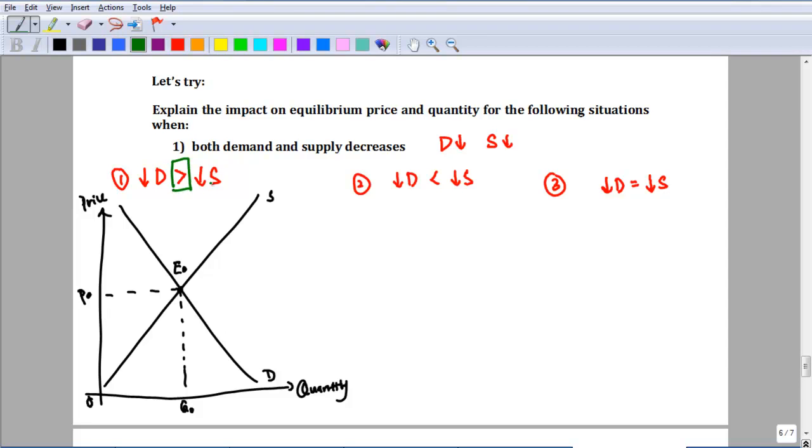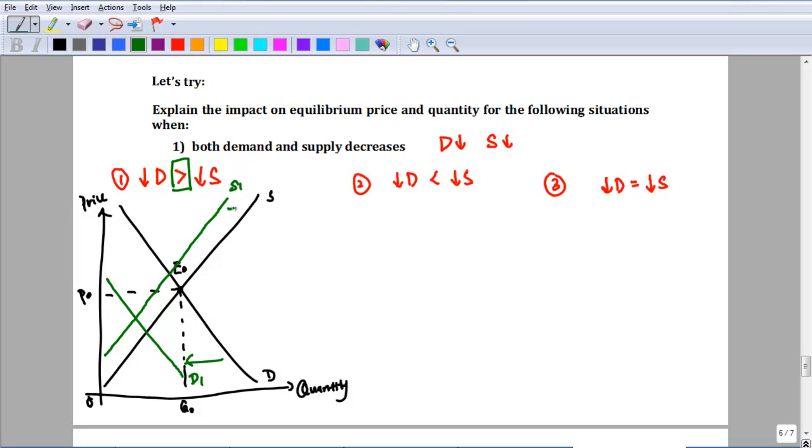So I'm going to shift it by this much to D1. Supply falls, shifts left too, but it shifts left by a lesser extent. So I'm going to shift it, for example, by this much